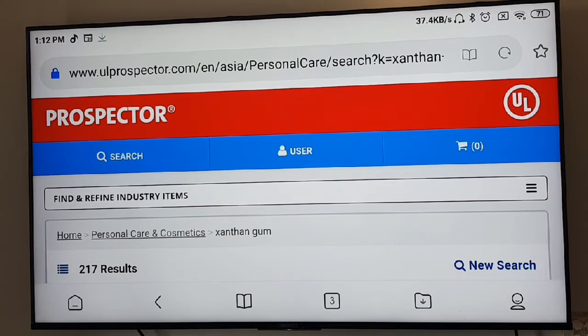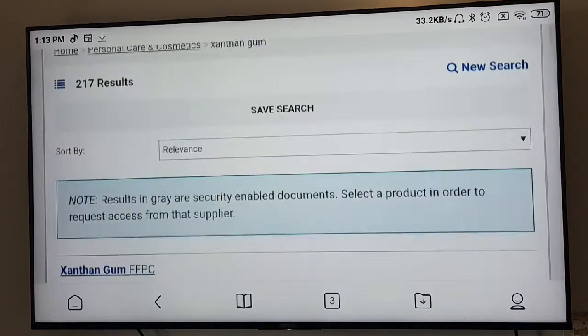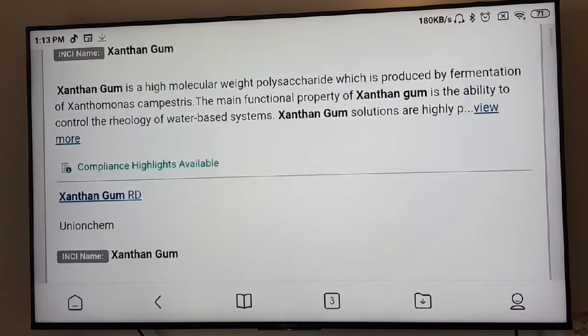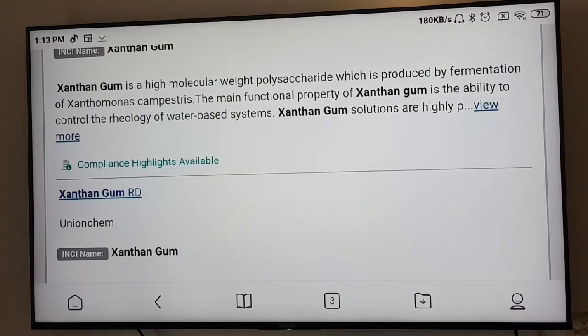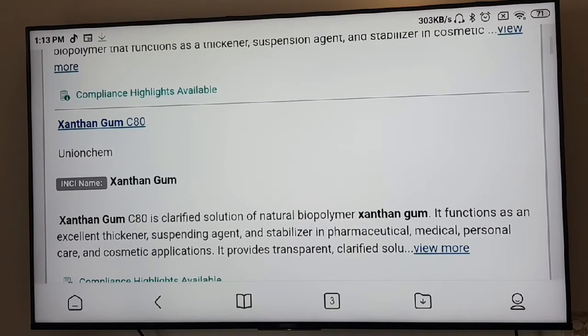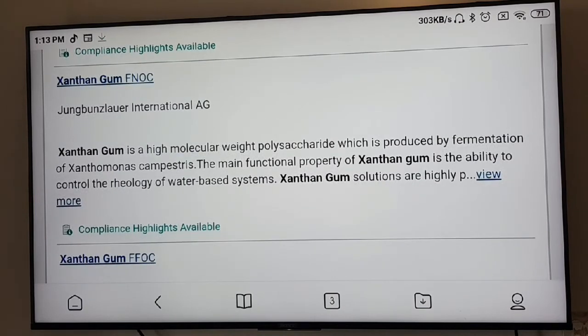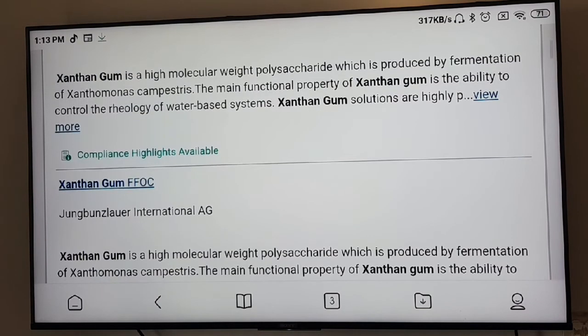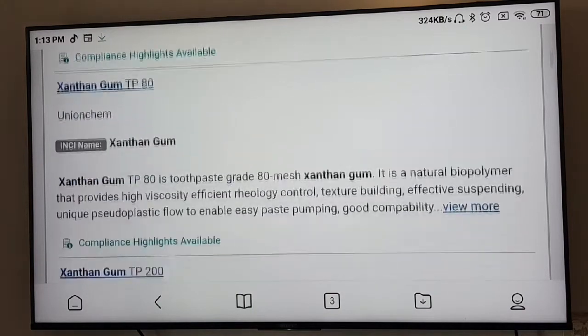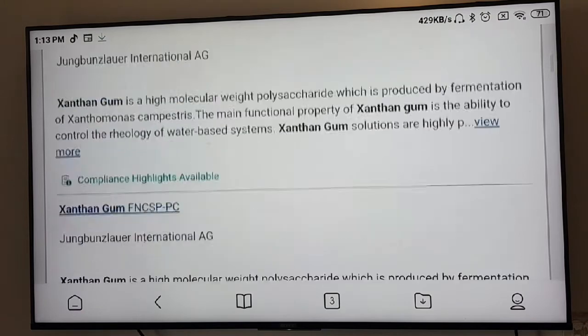All the xanthan gum currently produced and the grades are given. This is one grade, Xanthan gum RD by Union Chem. This is another grade, Xanthan gum by Union Chem. So many xanthan gum grades.